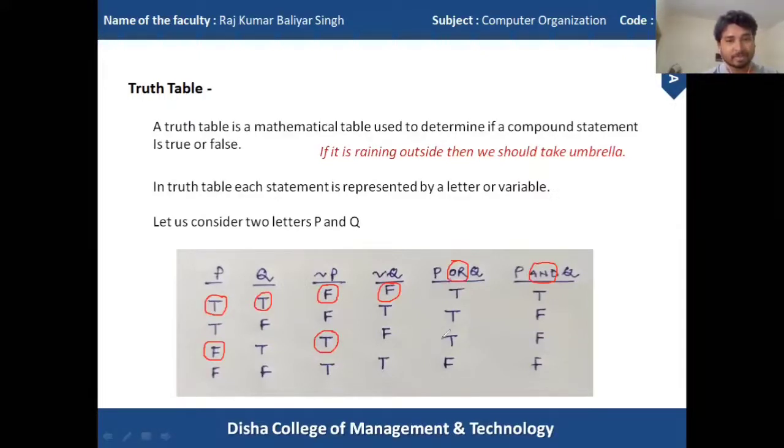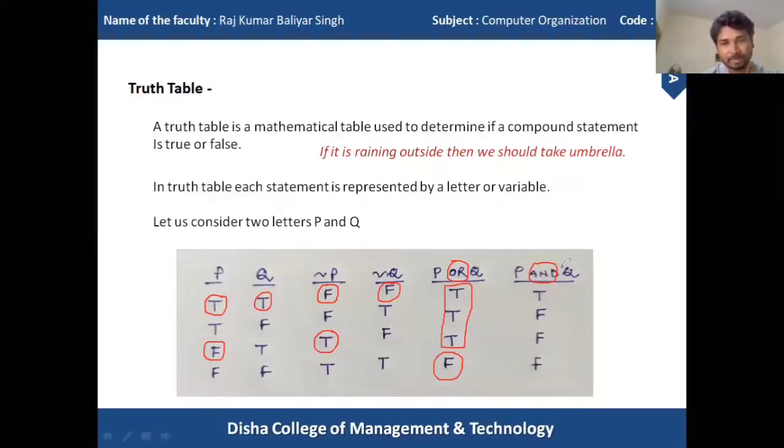So here you can find that all these values are true because any of these two values is true. But for this case, it is false because both P and Q values are false here.